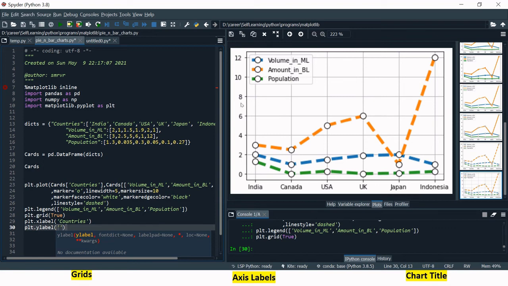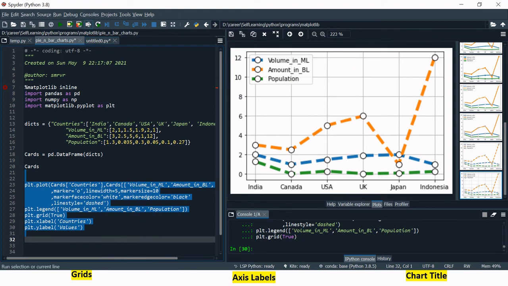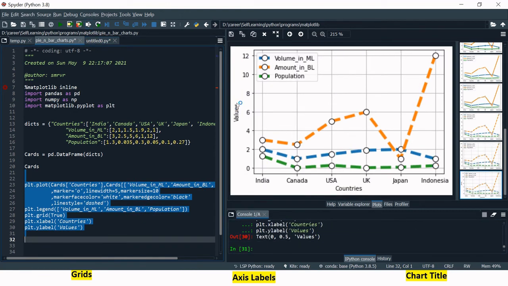This can be anything like population and volume and amount. There are three things which are showing over here, so I'm just going to say values. All right, now let's run this. Like you can see, values has been written over here on the y-axis, and countries on the x-axis.